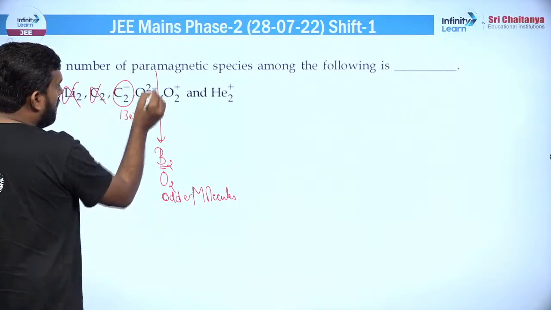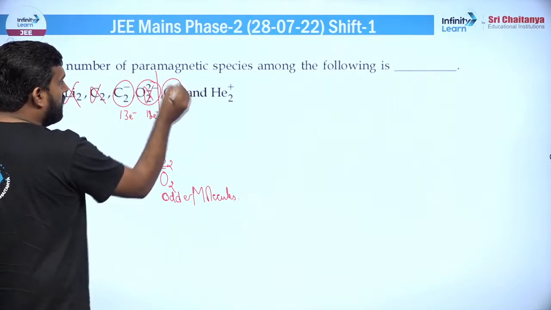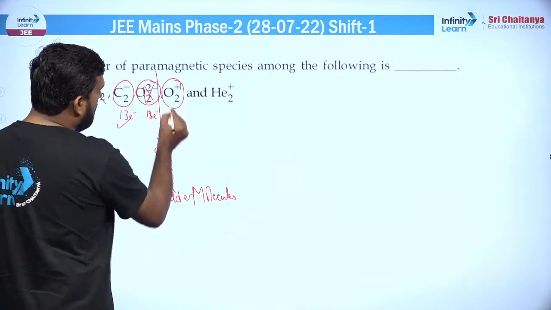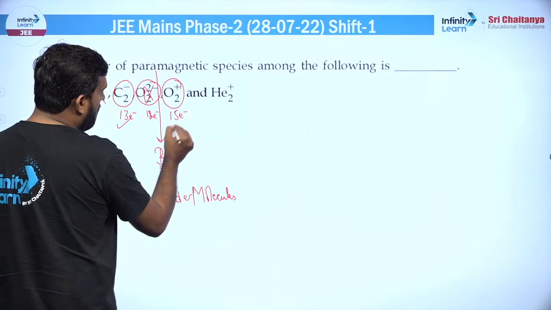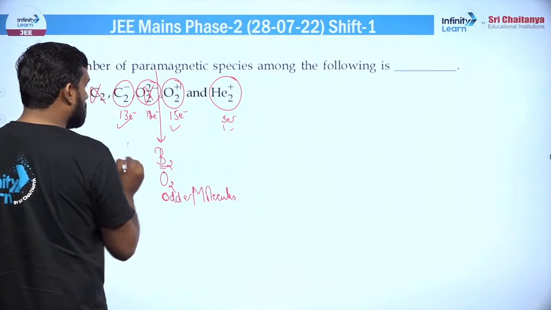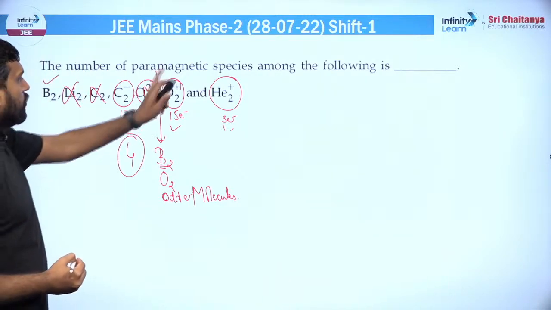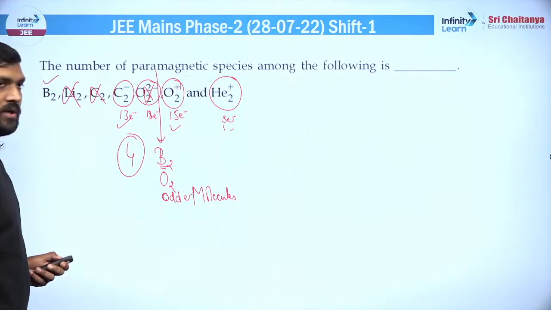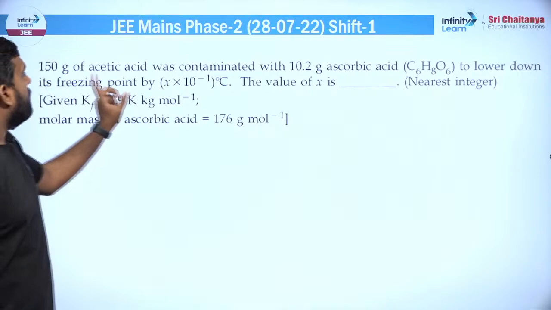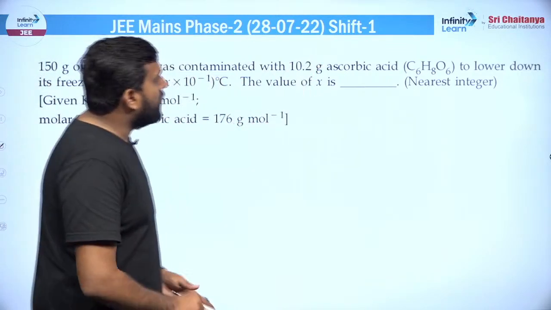13 इलेक्ट्रॉन। ये अगर देखोगे तो ये नहीं है क्योंकि ये 18 इलेक्ट्रॉन है। ये अगर देखोगे तो ये क्या हो जाएगा बेटा, ये देख लेना, ये आपका कितना हो जाएगा, 15 इलेक्ट्रॉन है, ऑड इलेक्ट्रॉन है, ये आपका 3 इलेक्ट्रॉन हो गया, ऑड इलेक्ट्रॉन है। तो आंसर जो आएगा वो 4 आ जाएगा। कौन कौन से, B2, C2 माइनस, O2 प्लस और He2 प्लस, तो ये हो जाएंगे आंसर।